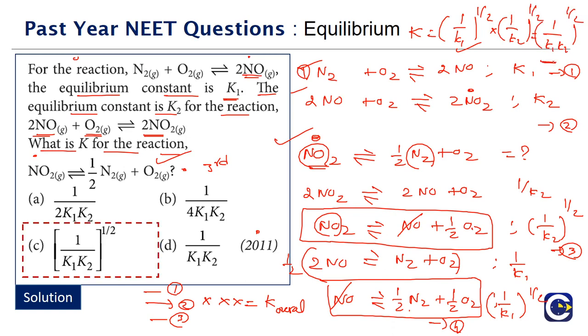So this is a question based upon modification of the equilibrium constant. Remember, when you reverse the reaction, the equilibrium constant for the modified equation will be the reciprocal of the original equilibrium constant. If you multiply the reaction by a factor, the modified equation's equilibrium constant will be raised to the same power. Whatever factor we multiply, the equilibrium constant has to be raised to the same power. So this is an important model of question. This has come in quite a number of years.